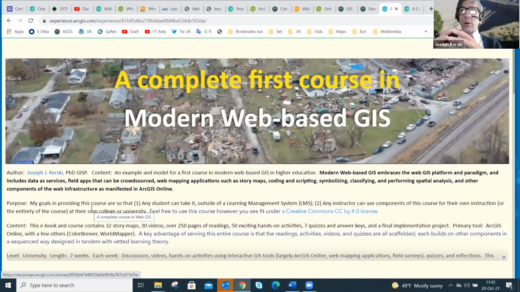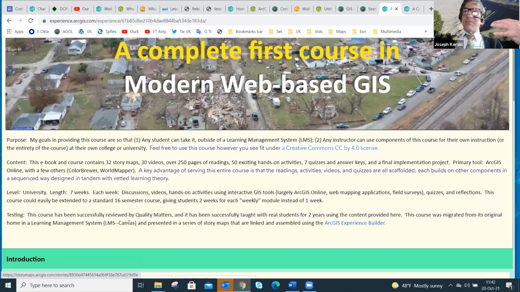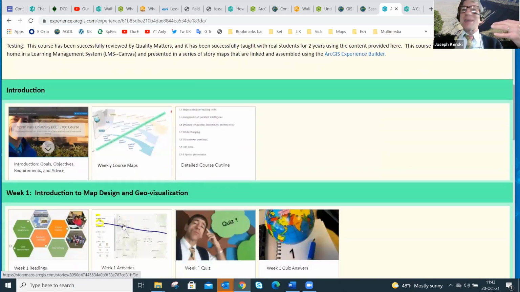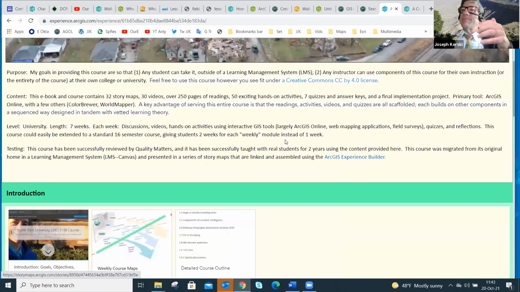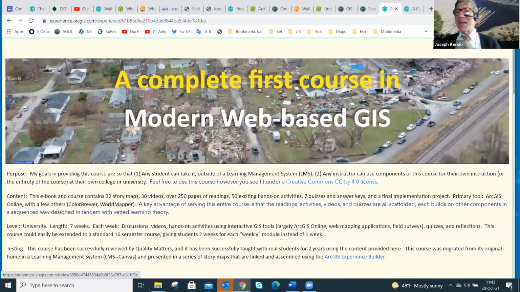It gave me a little more power than Hub, but I didn't need more power, in which case I would have gone to Experience Builder, which would have given me pretty much anything I needed and more. But I admittedly didn't use 80% of the functionality in Experience Builder. I don't have custom widgets; I didn't need it. So I just used it for what I needed, and that is to stitch the story maps together. It's not as pretty as it could have been, but at least functional, where I could go to week 1, readings, videos, etc. So I don't know, that's not a very good answer, I realize, Samantha.